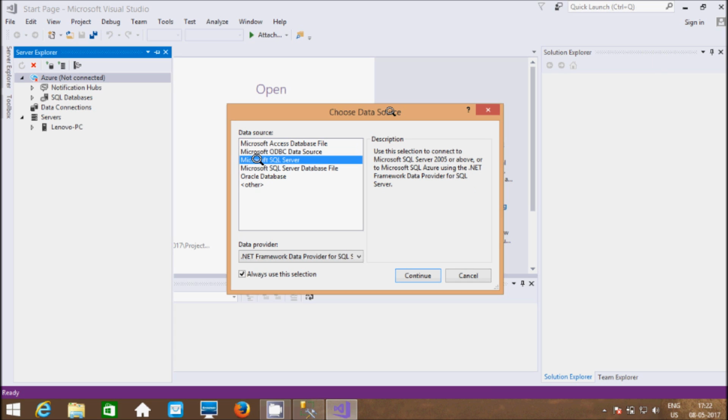Now the next option is Microsoft SQL Server. Use this selection to connect to Microsoft SQL Server 2005 or above, or to Microsoft SQL Azure, using the .NET Framework Data Provider for SQL Server.